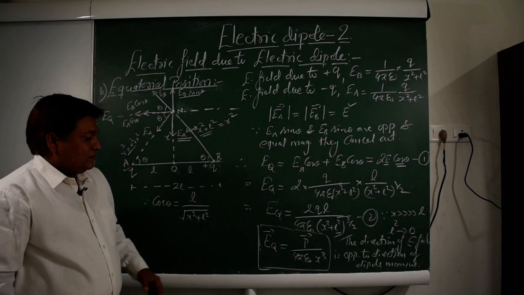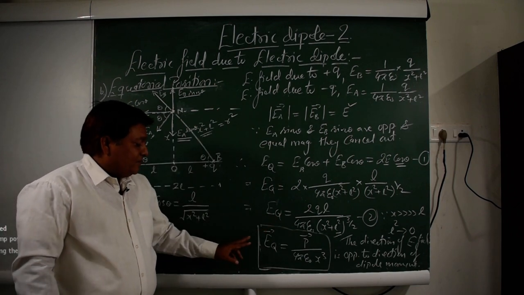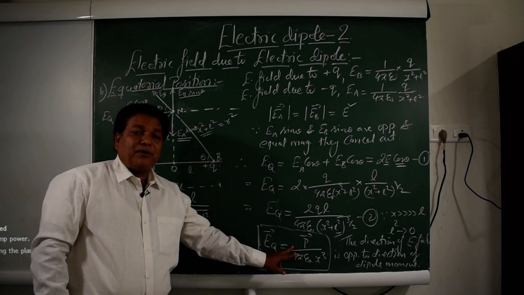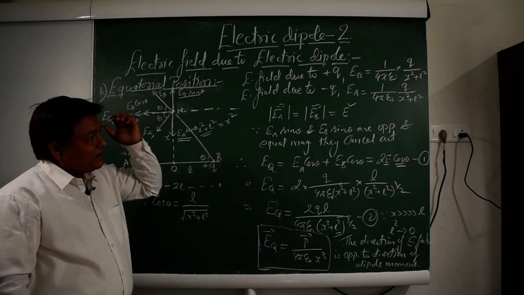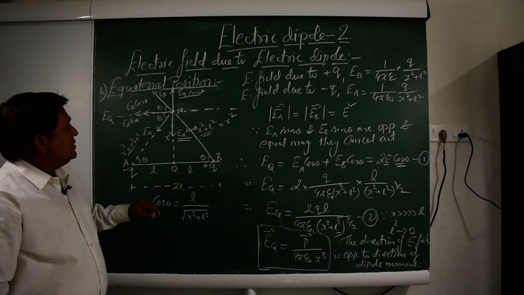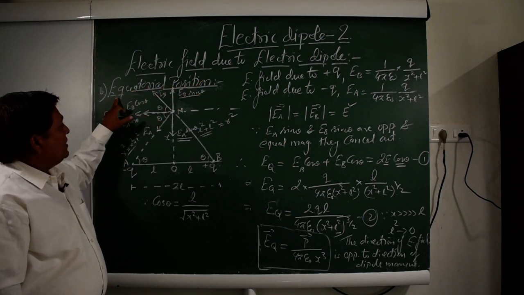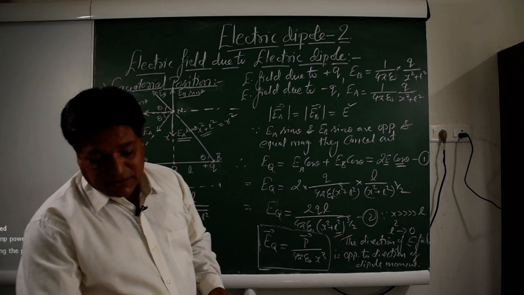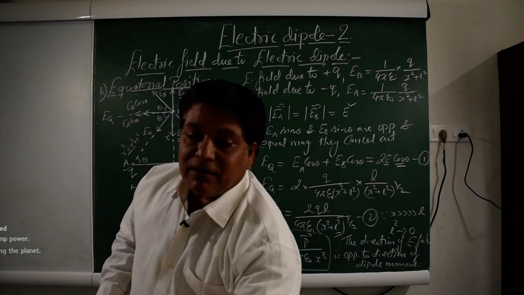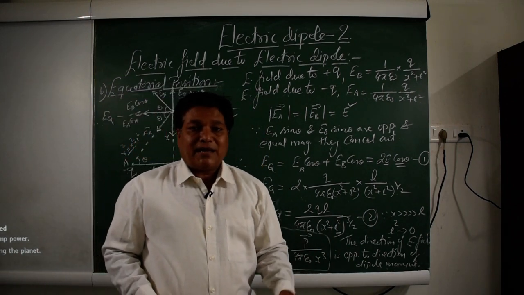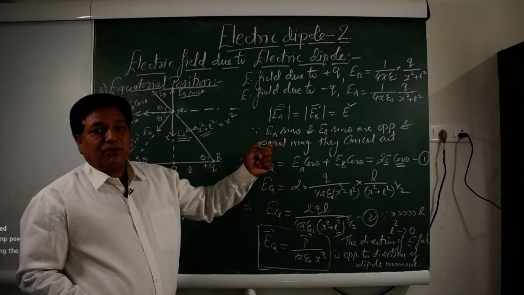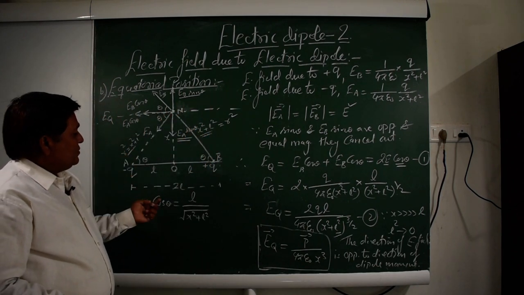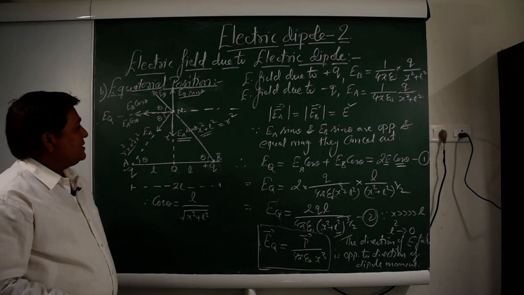Okay, so since its direction is opposite, we can write this value of electric field also by putting a negative sign here. So this is the required expression for the electric field due to an electric dipole on its equatorial position. Now after this, we are going to take the next position, the third position I discussed in the last video, the general position. We have to find out the electric field at any position in space due to this electric dipole. So what will be its expression?